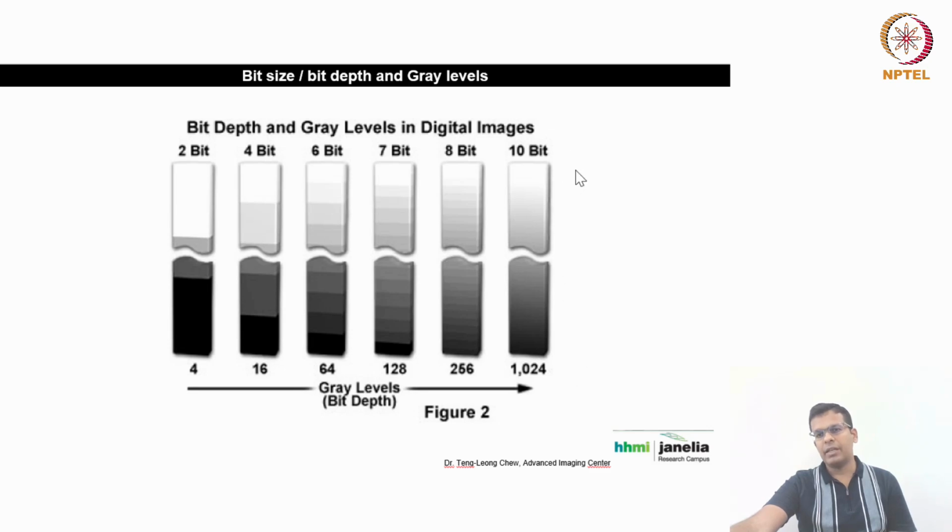Okay, so many gray levels are there, and the better the bit size of the camera, the larger your image size will be. Size in terms of the amount of space it occupies on your hard drive. Let's say you capture one image with a 4-bit camera versus the same image with a 10-bit camera. Obviously the file size will be more for the 10-bit image, because here it has to remember more gray values, and more information. So for quantitative analysis, higher bit size is important.